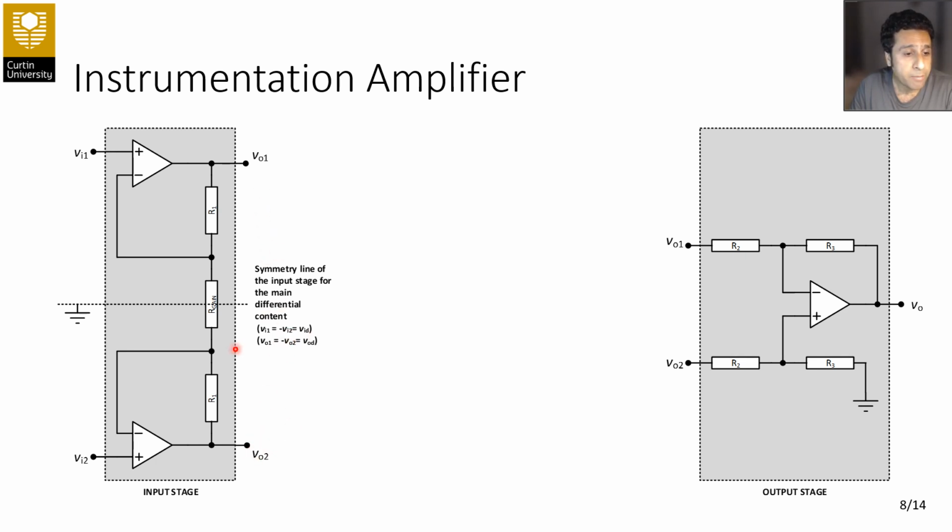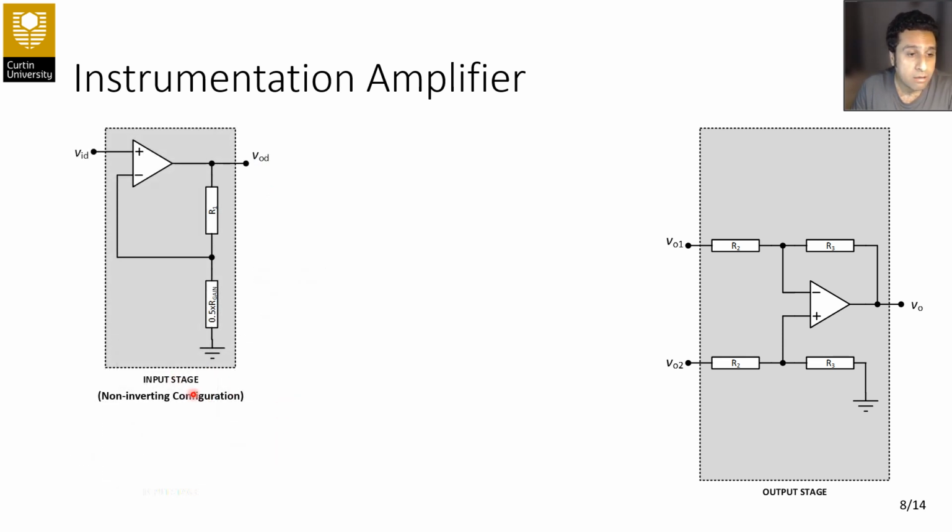So what if we name VI1 equal to minus VI2 as VID? And what if we name VO1 equal to minus VO2 as VOD? That way we can just analyze one simple side of this two-sided symmetric circuitry that is drawn here. It's a really simple circuitry, and we know it as non-inverting configuration because the input voltage is applied to the positive input